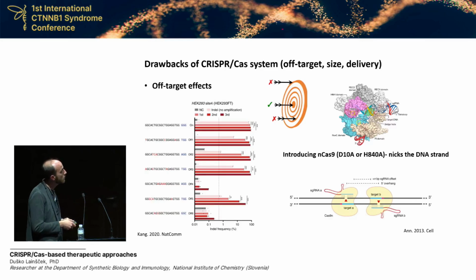To tackle this, we also introduce so-called nickase proteins, or nickase Cas9, which is a Cas9 protein that has a point mutation in one of those two catalytically active domains. For instance, if you make a point mutation within the HNH domain or within the RuvC domain, the Cas9 protein loses its ability to make double-stranded breaks, but gains the ability to make only nicks. So only one strand of the DNA gets damaged or opened.